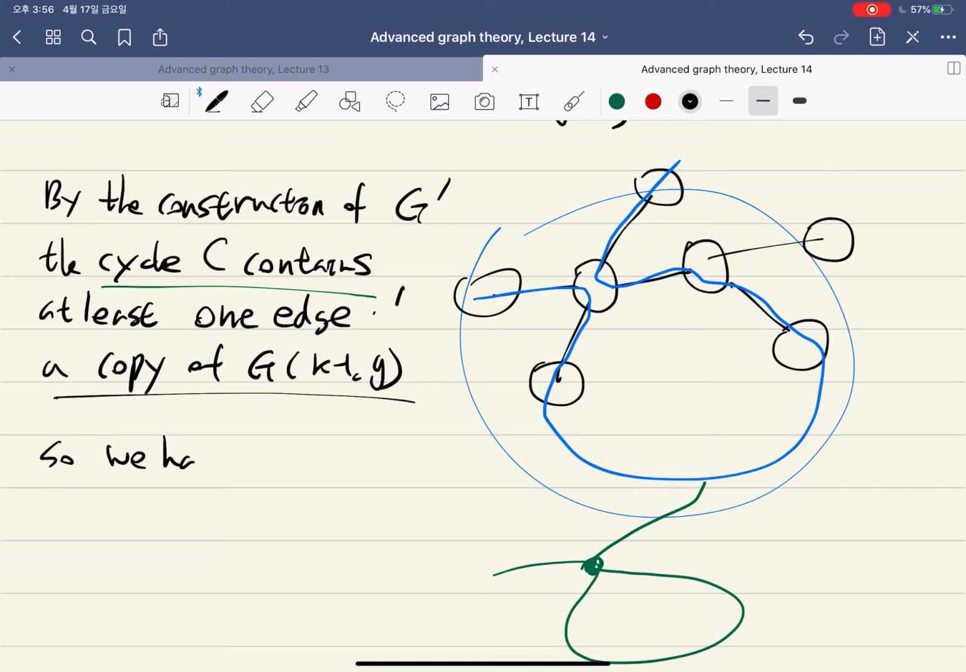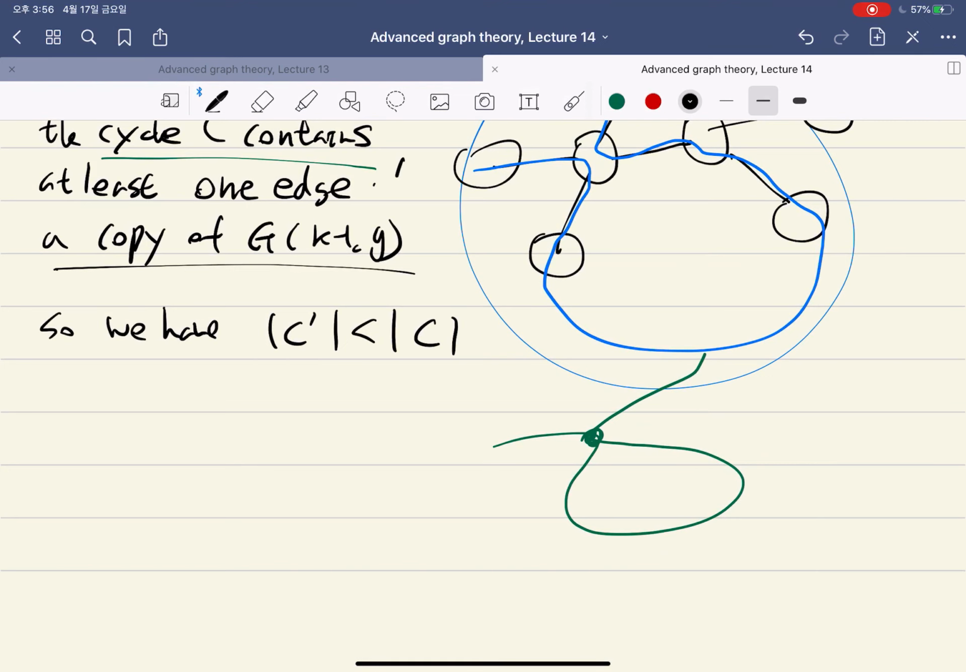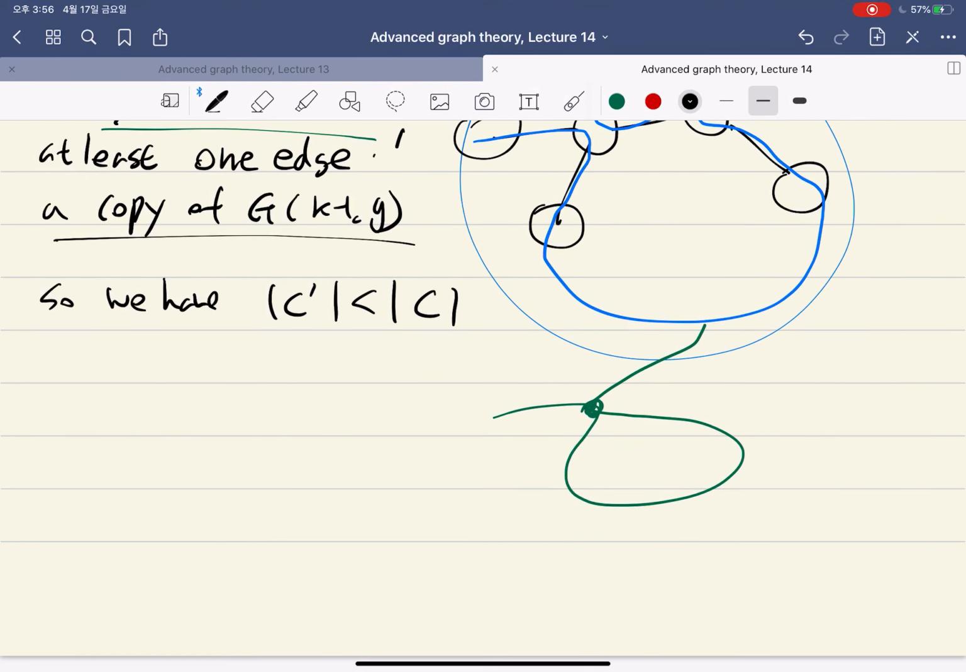So we have this circuit that is smaller than the size of C. But what do we know? A circuit in the graph